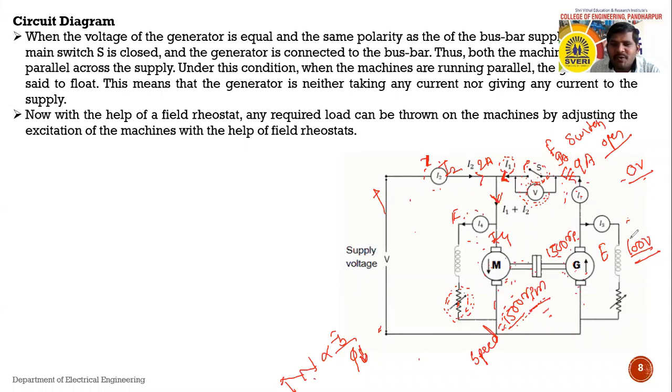Now I want to obtain the voltage across these two terminals as 0 volt. That means whatever voltage is generated, I want to read that value as 0, then I am able to close the switch. Now see, by varying this value of the rheostat, the voltage shown by this voltmeter will read 0, gradually varying it to bring the voltage to 0, and then I will close the switch. So at that situation the current generated by the generator will be fed as an input to the motor.